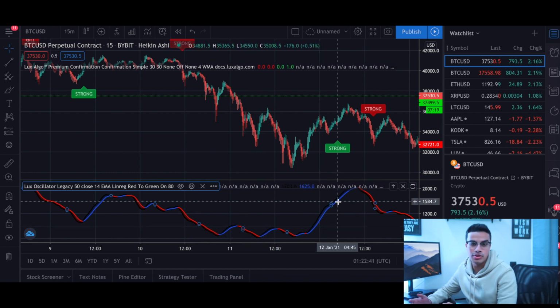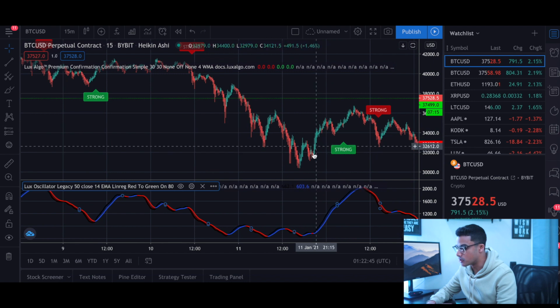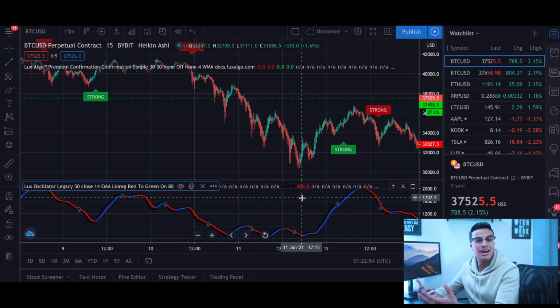The blue indicates we're in an uptrend and the red indicates we're in a downtrend. So we can see this mirror the price action over here. The blue came in, we're in an uptrend, and then the red, we're in a downtrend. I'm sure you get the point, but I also use this when making my trades as it's just something I have in the back of my mind, knowing at this given moment we are in an uptrend or in a